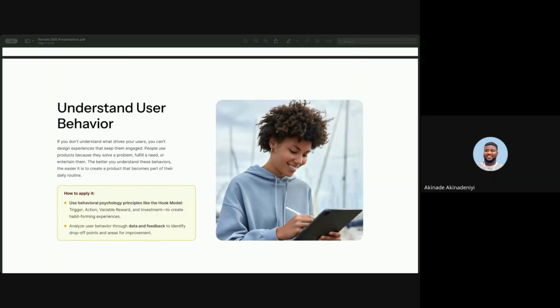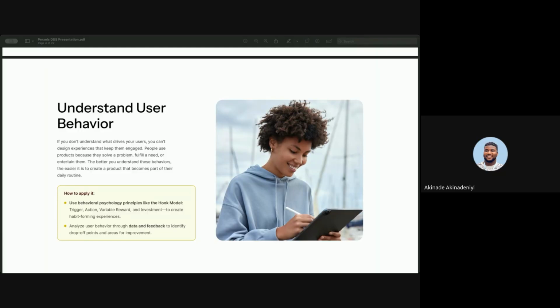That is where you get to understand the motivations of those people, their behavior, their way of life. And then you can use this information to design these products in a way that you are able to actually capture their attention and solve their problem.